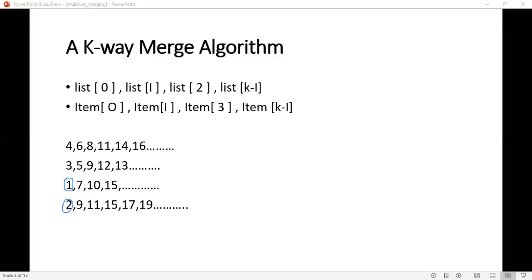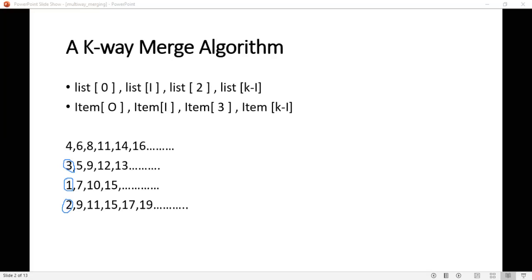What are the index items now? 4, 3, 7, and 9 there. Next, the minimum item is 3 there. Okay, now next item you have to move to is 5. Item is 5. Now the index has 4, 5, 7, 9. So you are getting the sorted list of items there, isn't it, as the output.